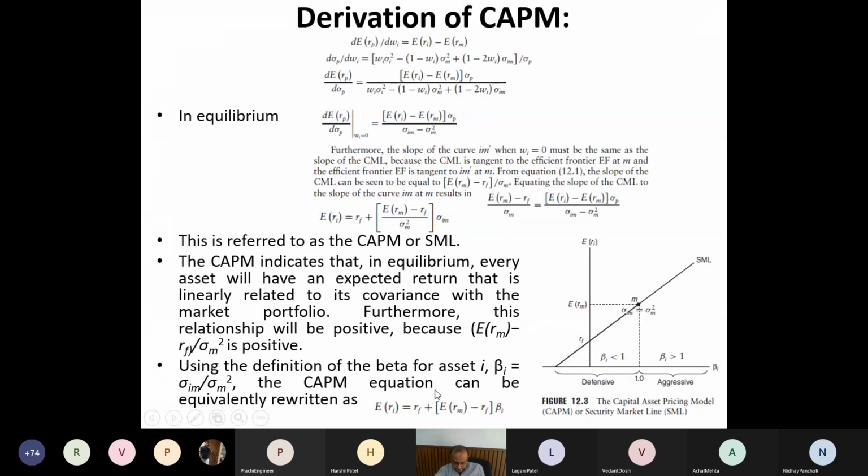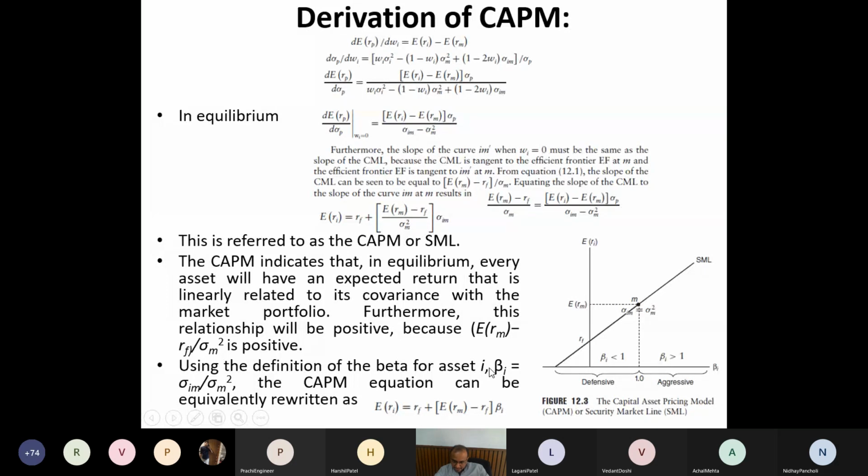What beta actually is: beta of security i is sigma_iM divided by sigma_M squared. So it is the covariance of your security with the market divided by the market risk. This market risk is there for all securities, so it depends on how risky your security is compared to the market, and that is indicated by beta.